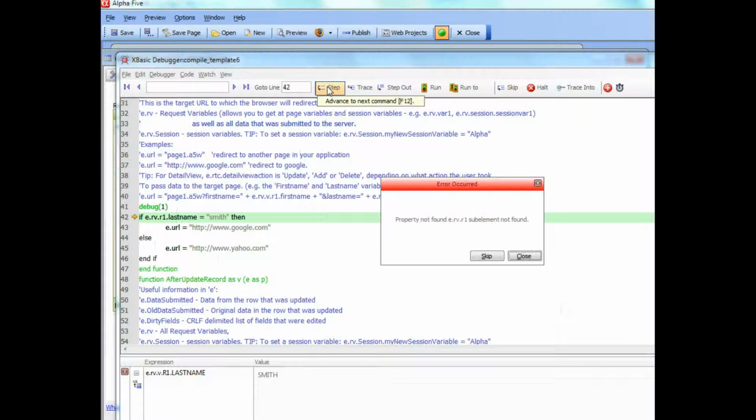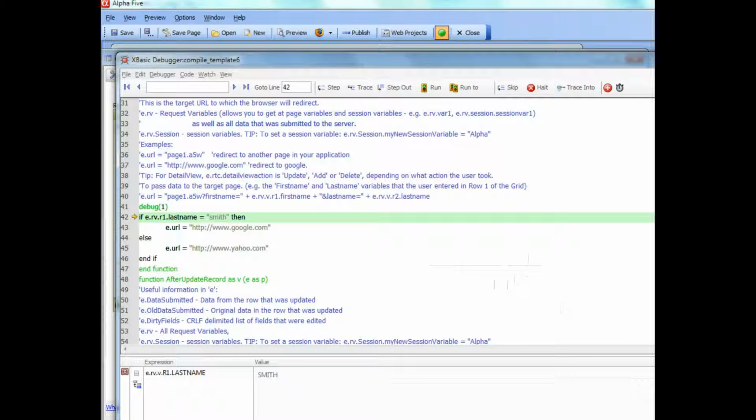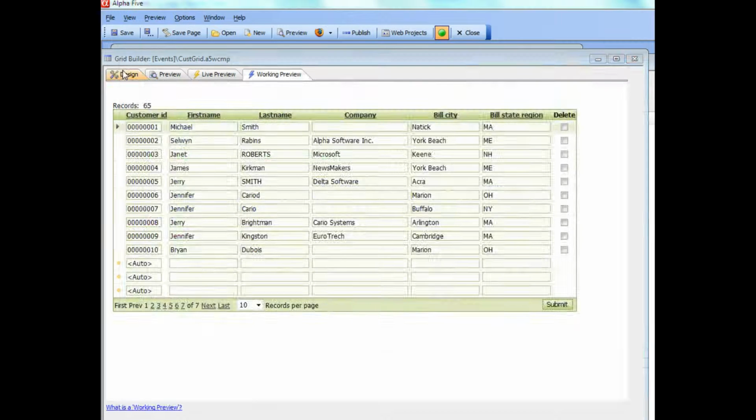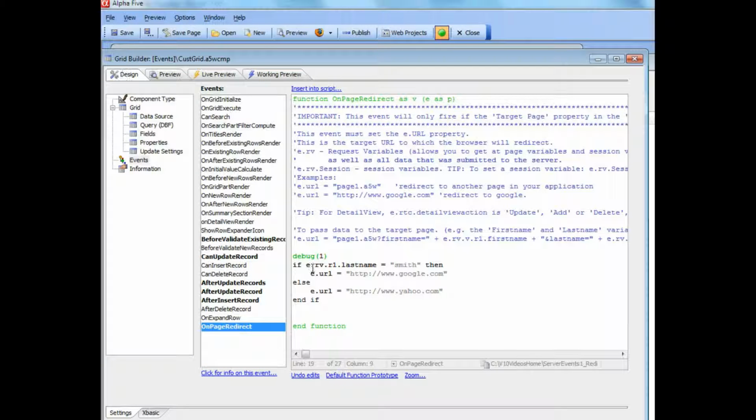So here we go, and we've made a typo, so let's go and fix that up. So we forgot the V basically. So let's halt that and go back now to our event handler. So that's going to be e.rv.v.row1,